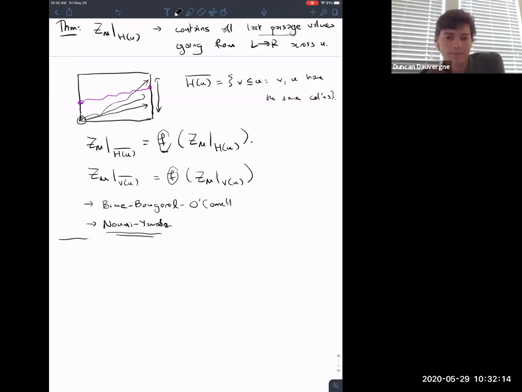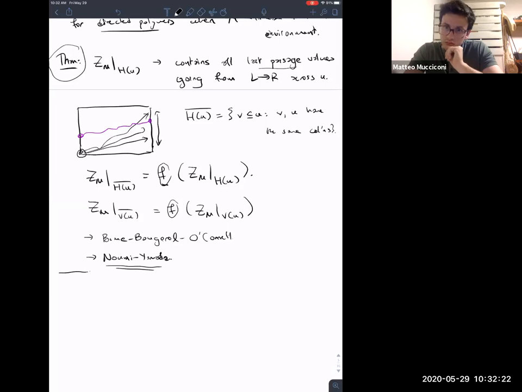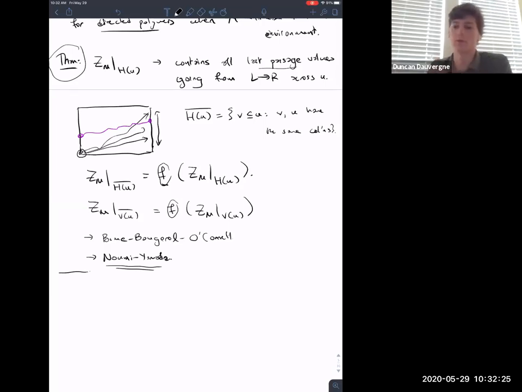So, the statement of this theorem. If you look at the usual RSK bijection, then this Zm restricted to H of U and Zm restricted to V of U are just the two tableaux that are the output of the RSK bijection. Usually you would talk about these last passage values as being lengths of long increasing subsequences, something like this. So what this theorem would say, let me